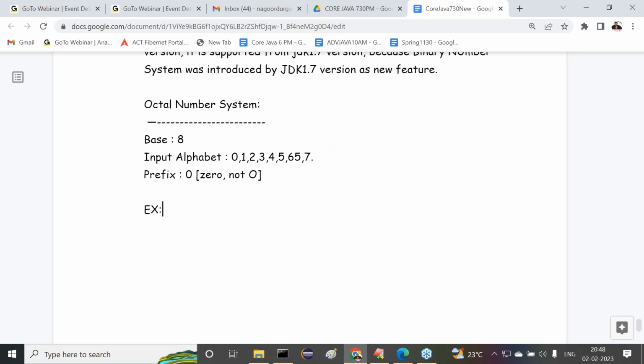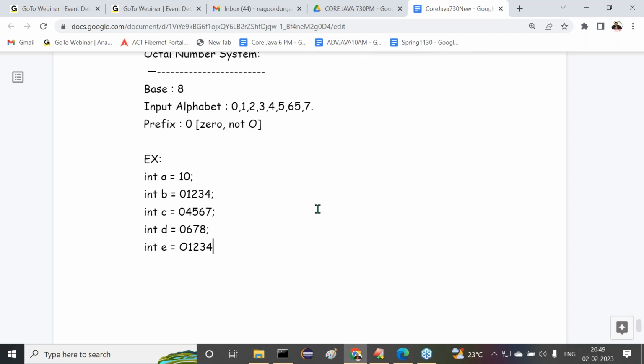Some examples, let us try to understand clearly. int a = 10; int b = 01234; int c = 04567; int d = 06778; int e = O12345.